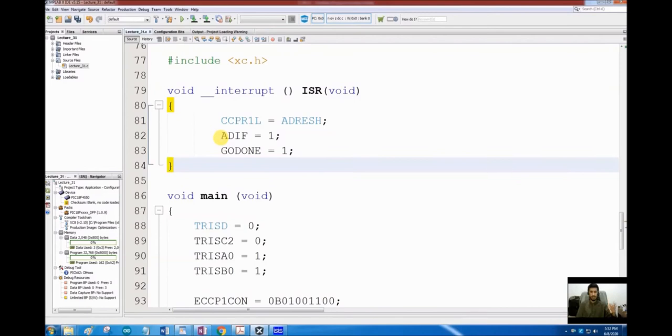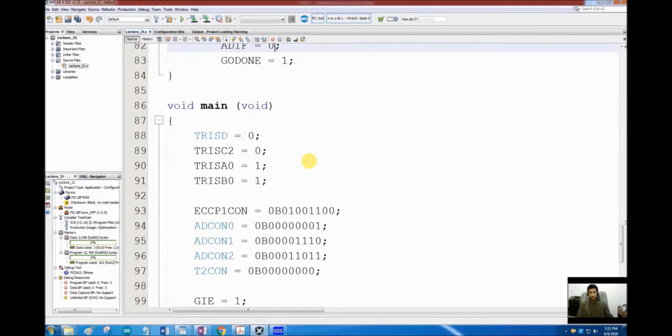So whenever the interrupt comes, it is understood that it is because of that one source, that is the ADC. One mistake we made here was ADIF was set to 1 before exiting the loop. It should have been cleared to 0 before exiting the loop.